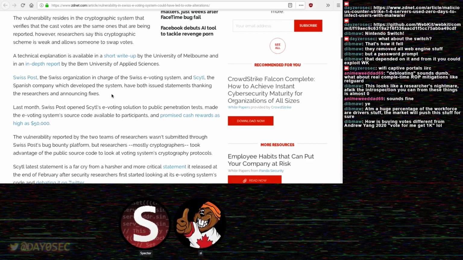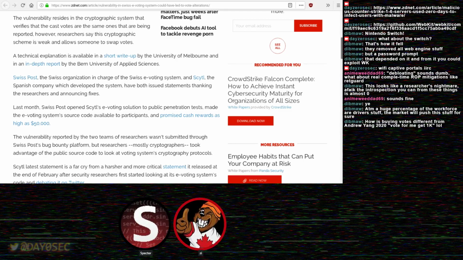Either way, the issue here comes down to they offer kind of complete verifiability. What that ends up meaning is there are multiple types of verifiability. Complete and universal are the two that matter here. Complete assumes that at least one component on the server side is behaving correctly, hasn't been compromised, at least one. Whereas something that's universally verifiable would still work even if everything was compromised. And I think that's really what we want to get to with these voting systems.